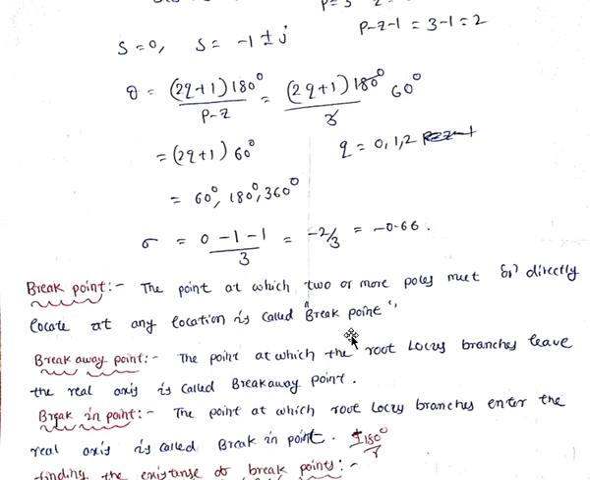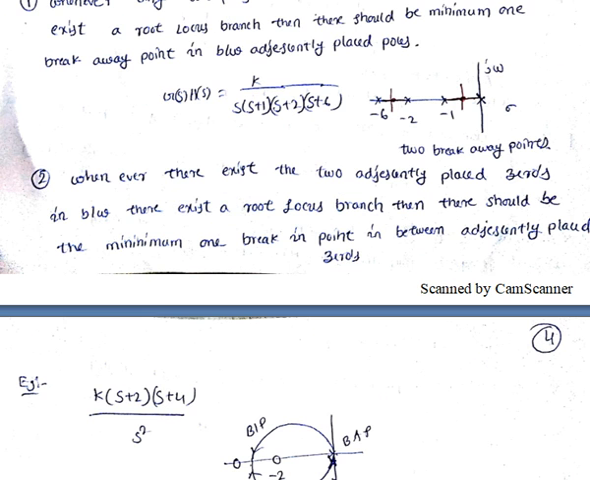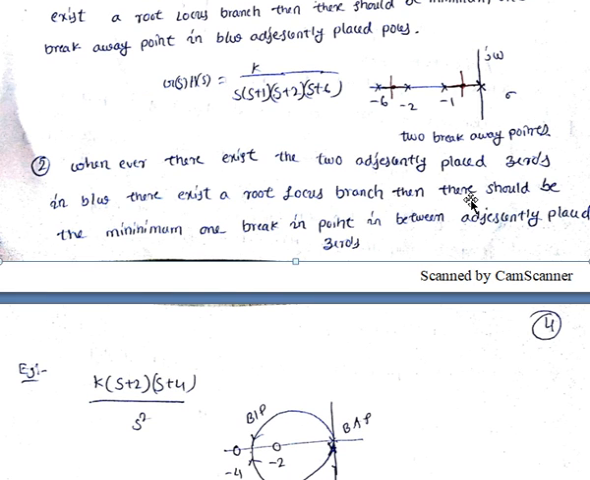The next rule is breakpoint. The point at which two or more poles meet or are directly located at any location is called a breakpoint. Breakpoints are of two types: first one is breakaway point and the other is break-in point. First I want to discuss the breakaway point. The point at which